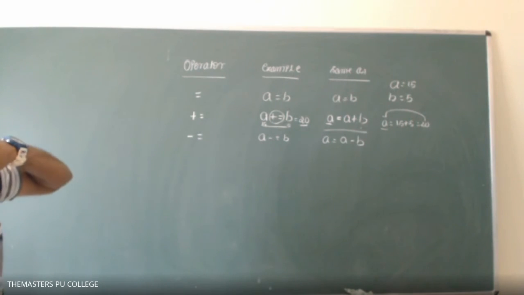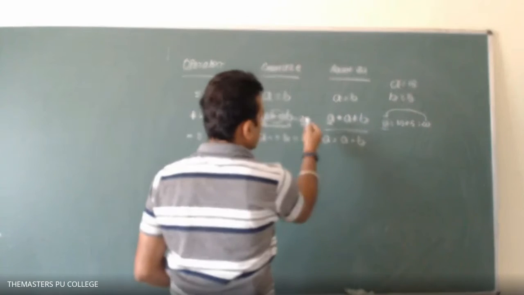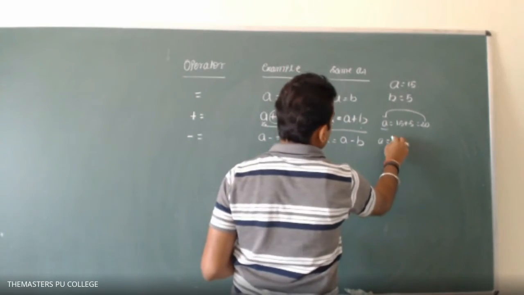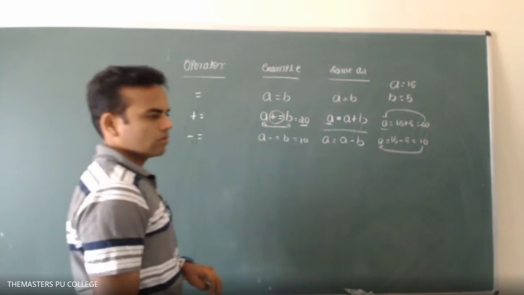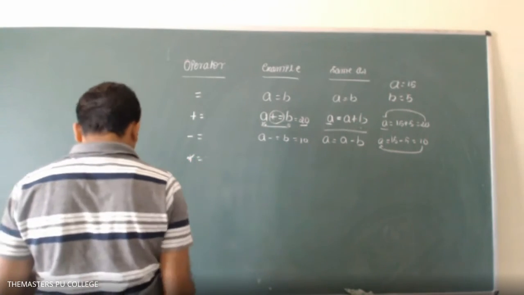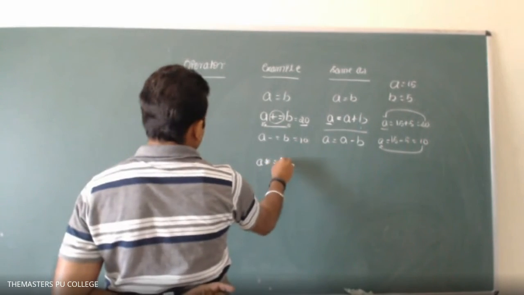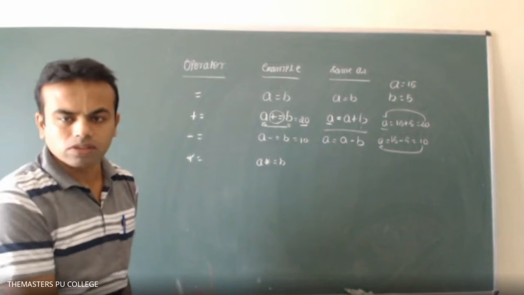Right? Like that you can do here also. So here 10 is stored: A is equal to 15 minus 5, which is 10, and 10 will be stored in A. Okay, so like that, and then A star equal. When you come to the practicals, I will show you this in the lab if you want.